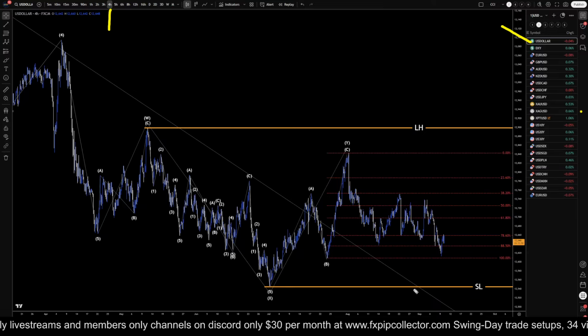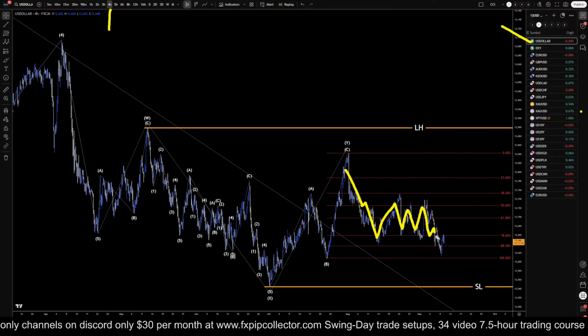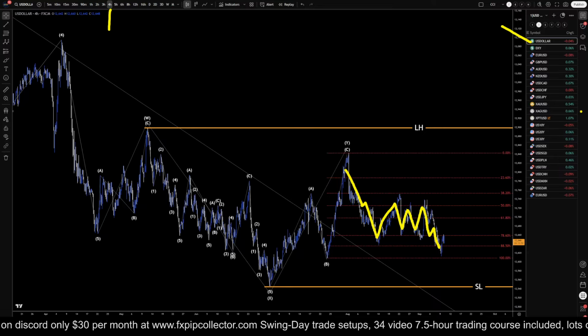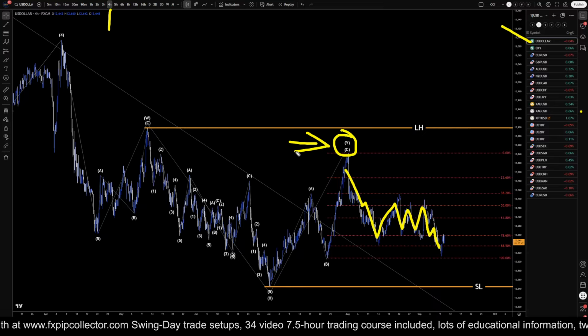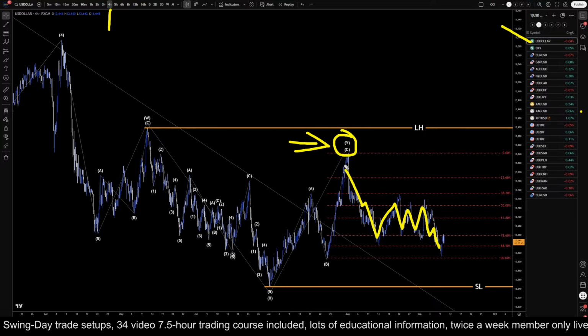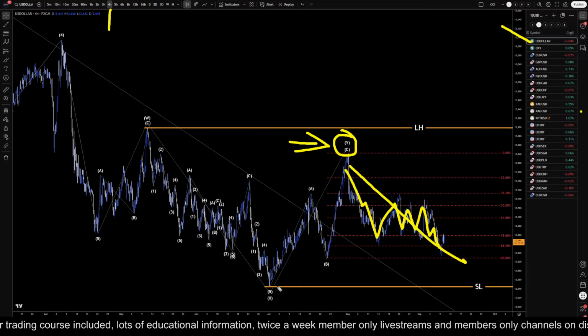So, on the 4-hour time frame, this move down right here has definitely been very, very overlapping. And when you see overlapping patterns and you think you have the end of a crescent, which I think this right here is possibly the end of a pullback, then often it makes you think that this right here is actually not an impulsive continuation of the downtrend, but instead this right here is actually just a pullback to this